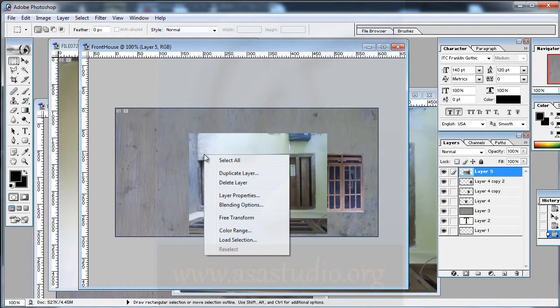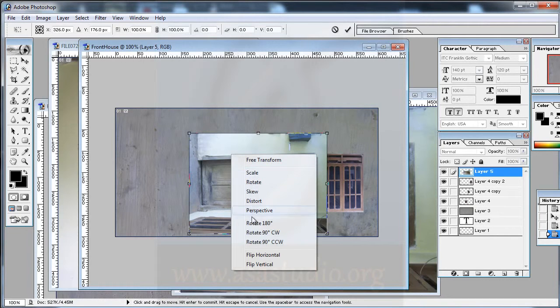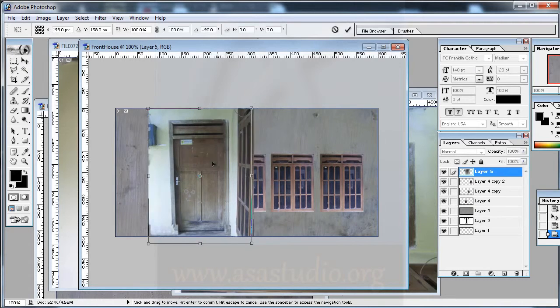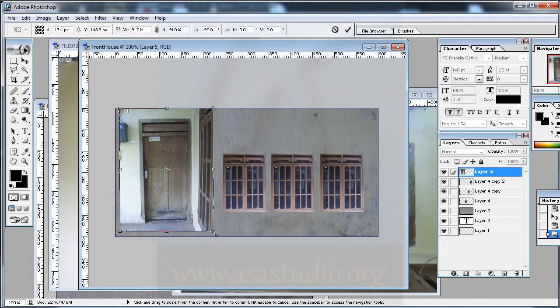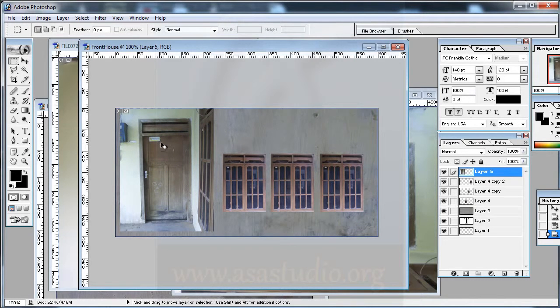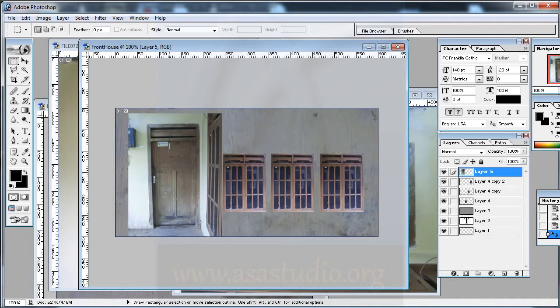And now I right click, free transform, and right click, go to here, and now I have a door, and go to here, press shift to keep the proportion, and go to here, double click. Now I add a selection